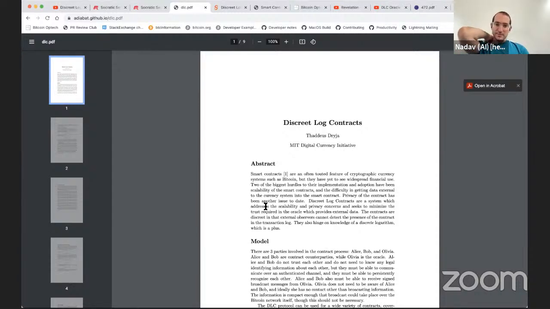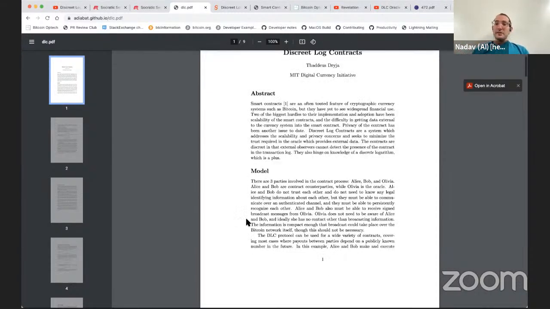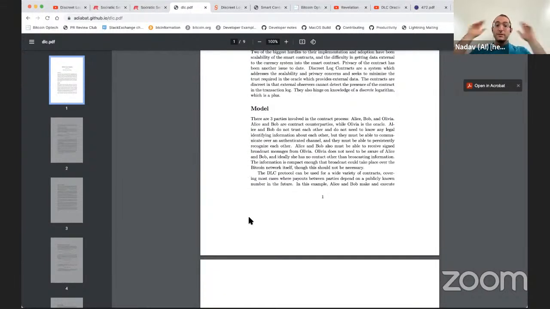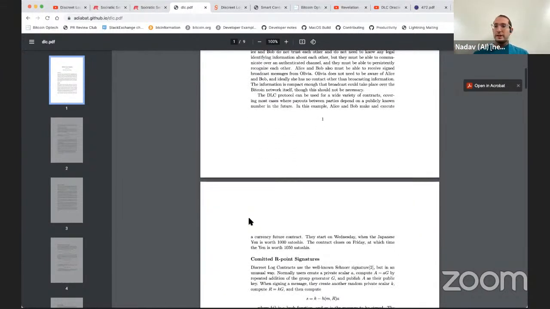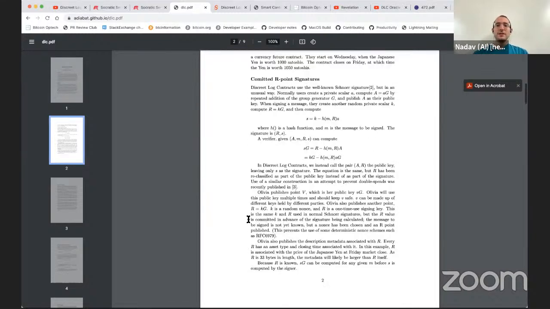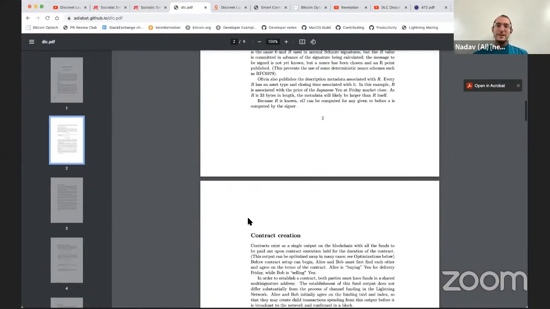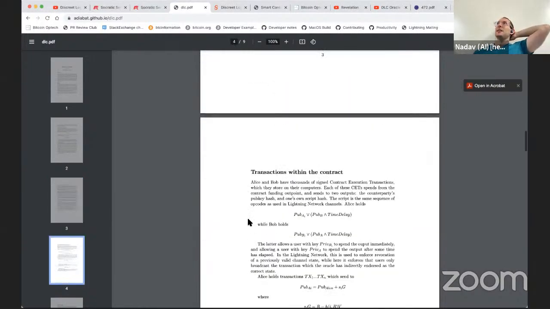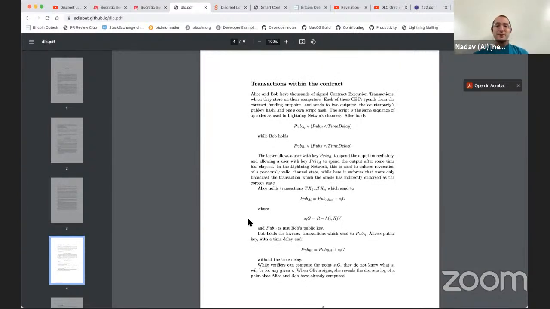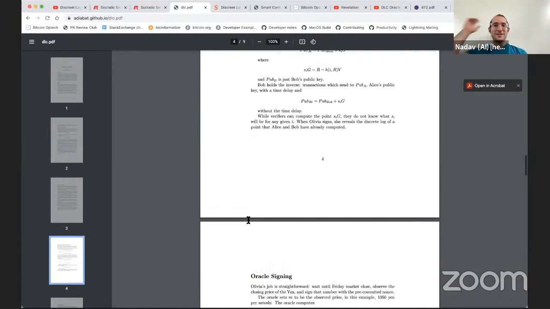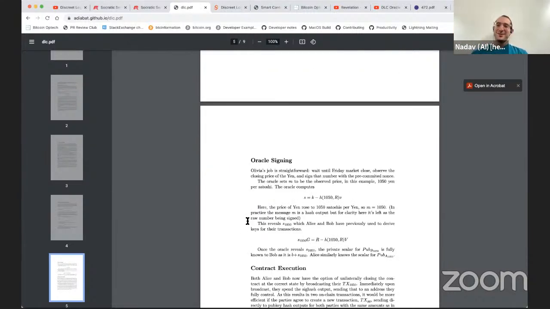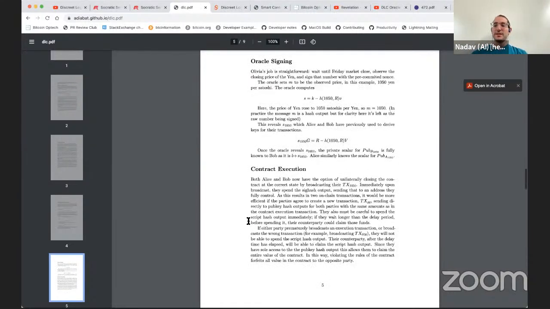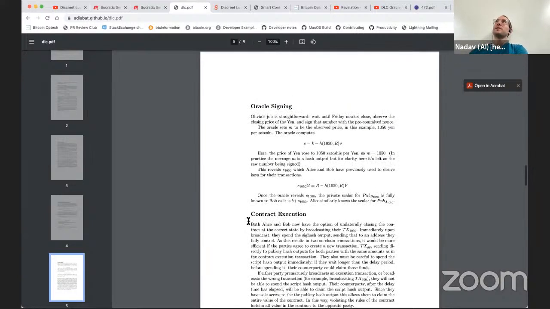I can take it. I highly recommend people read the white paper if you're interested. It's only 5 pages, written very clearly. There's a little bit of math in there, but that's about it. If you're comfortable with the math, it's also a decent place to learn about Schnorr signatures. This is where I learned about Schnorr signatures; they're just defined here. There are kind of two ideas going on: the higher-level one, and the technical trick that enables it.